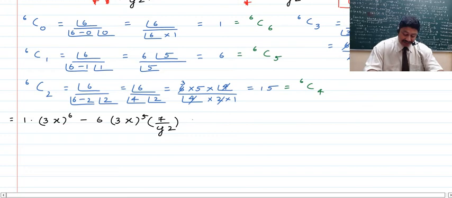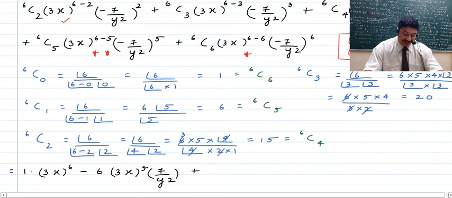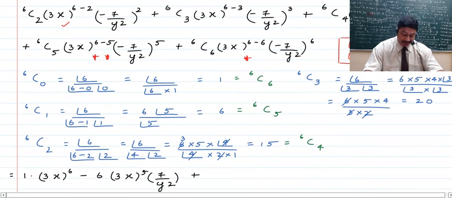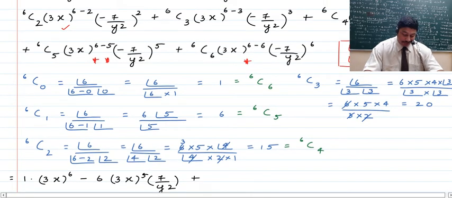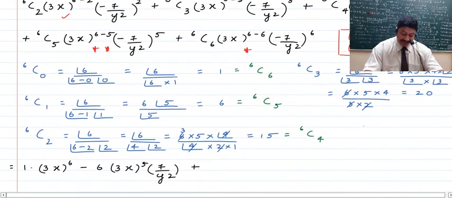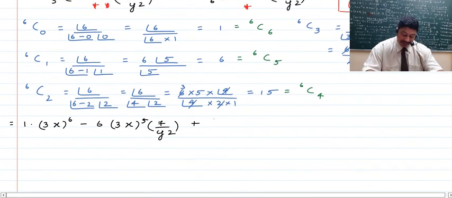Now next, children, the next term is going to be positive, and here we will keep the value of the next binomial coefficient, that is, 6c2. So 6c2, children, has come equal to 15. We will now keep the value of the next binomial coefficient to be multiplied with 3x raised to the power 4, and with 7 upon y square raised to the power 2,